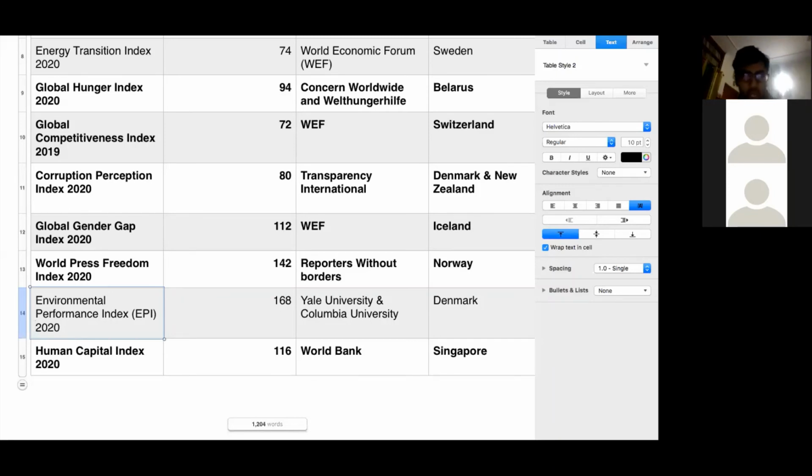This is, I think, the world's most respected and comprehensive measure of how a country is performing in terms of protecting, conserving, and sustaining its environment, its forests and wildlife, its coastal systems, its marine water bodies, its sustainable agriculture, how water and energy is used sustainably, how it is managed, tackling global warming and climate change, how it is reducing pollution gradually. All these factors are considered.